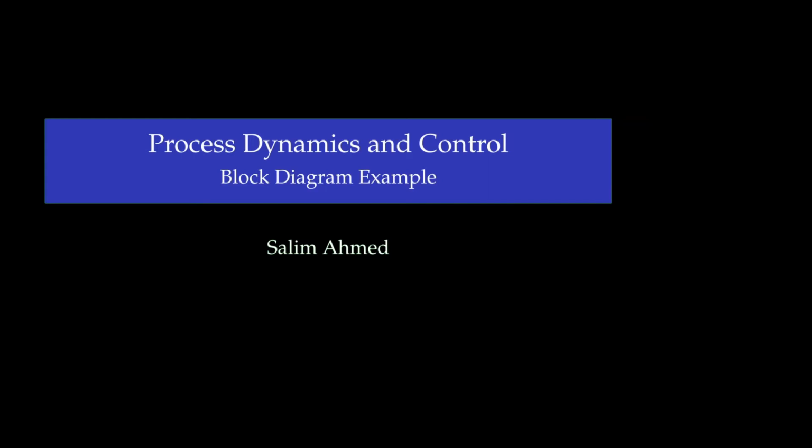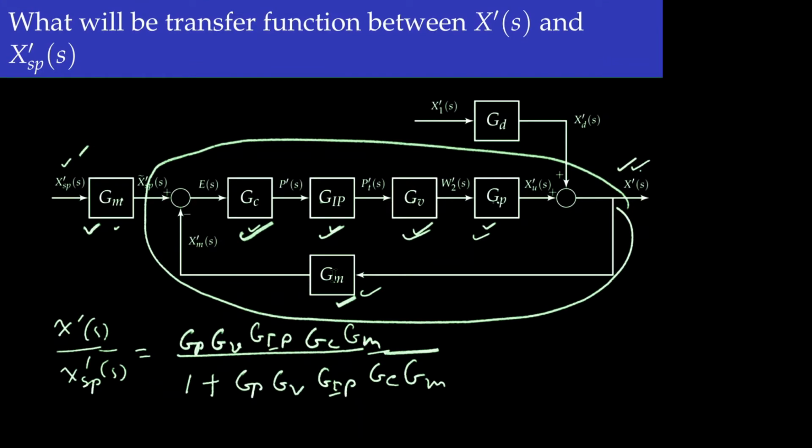Now in this session, I look at a block diagram example. In a previous session, I looked at the transfer function of a system having all the components. Now here, if you see, we talked about the process, the valve, the current to pressure transducer, the controller, and the measurement device. And just to recall, we derived the transfer function between this output and the set point, which is given as all the transfer function between the two variables, meaning all the transfer function between the output